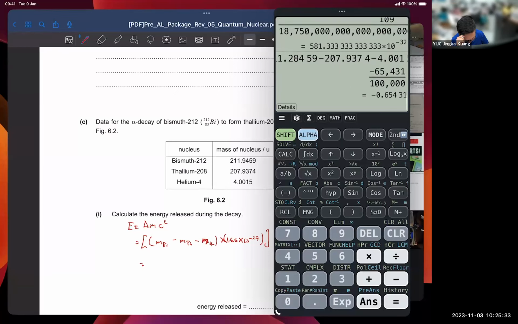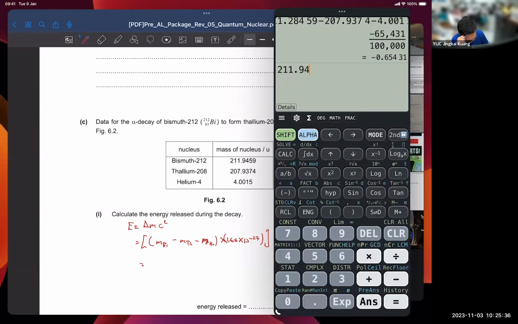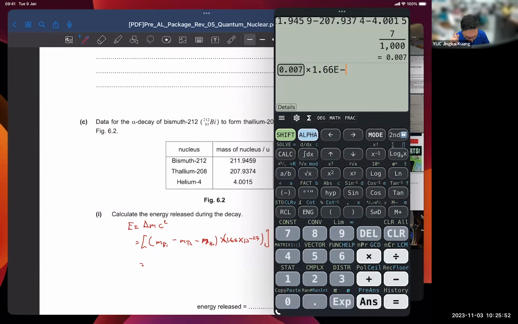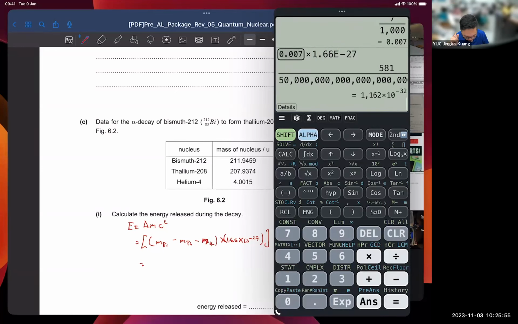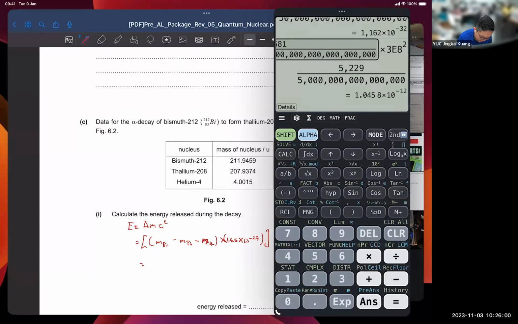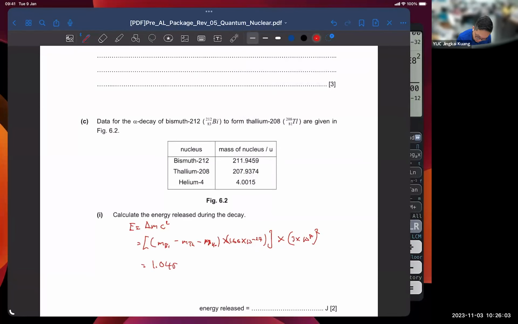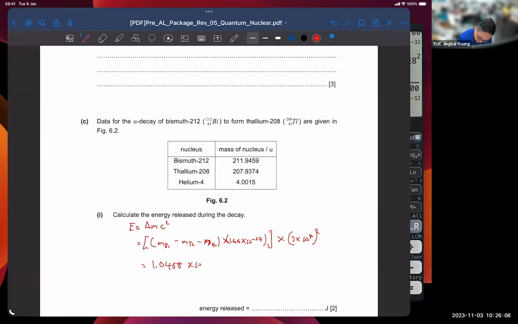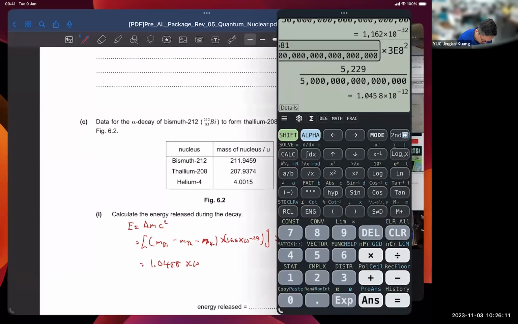211.9459 minus 207.9374 minus 4.0015. I get 0.007. Okay, multiply by 1.66 exponential negative 27, and times 3e8 squared. Okay, so I get 1.045468 times 10 negative 12, right? Negative 12 joules. Round the answer off to